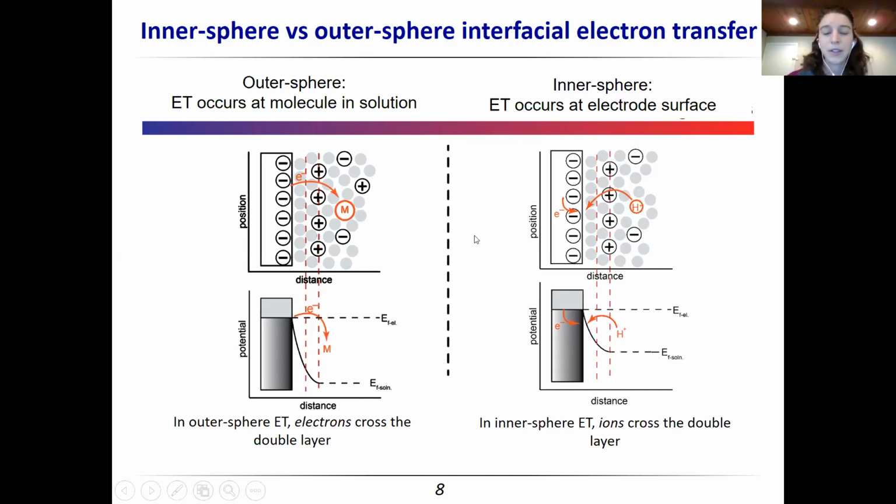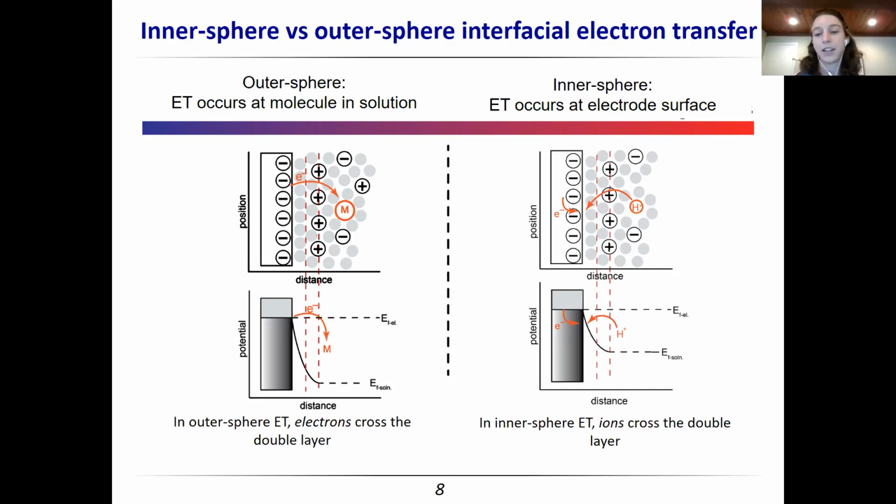Another thing to note that's related to that, but not quite what you're asking, is that in outer sphere, because you are not forming a bond between the complex and the electrode, in principle, it doesn't matter what electrode you use. You could use any conductive material, and you should expect the process to occur at the same potential. But at inner sphere, because we are going to care more directly about the properties of the electrode, which is both the work function of the material and the surface states on that material, the electrode identity matters a lot.